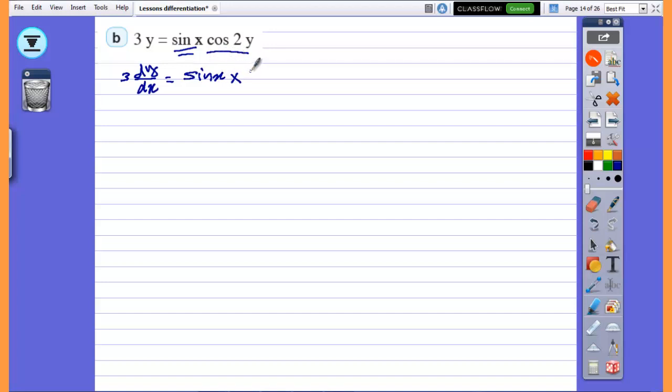The derivative of cos 2y is negative sin 2y multiplied by the derivative of the angle itself, which equals 2 dy/dx,